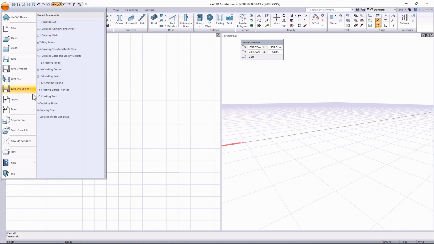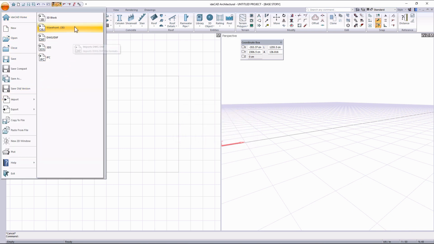Through the Import tab, you can import file formats such as OBJ, DWG, DXF, 3ds, and IFC into your project. Likewise, you can perform export operations in these same formats. You can also save the plan view as a PDF or as a plan screenshot from this section.